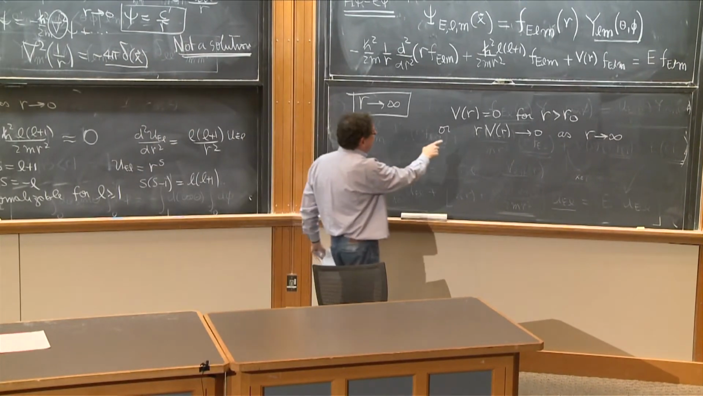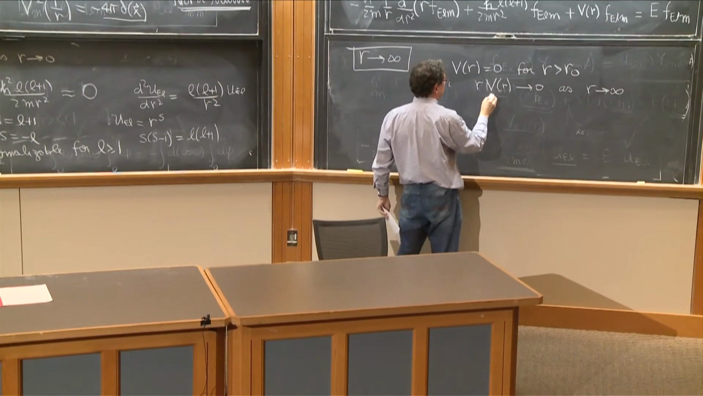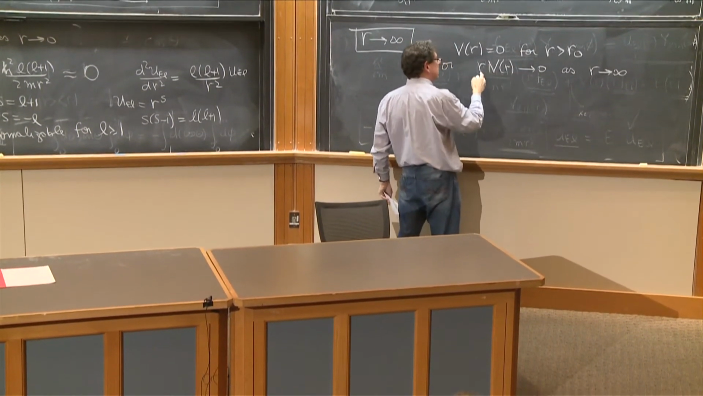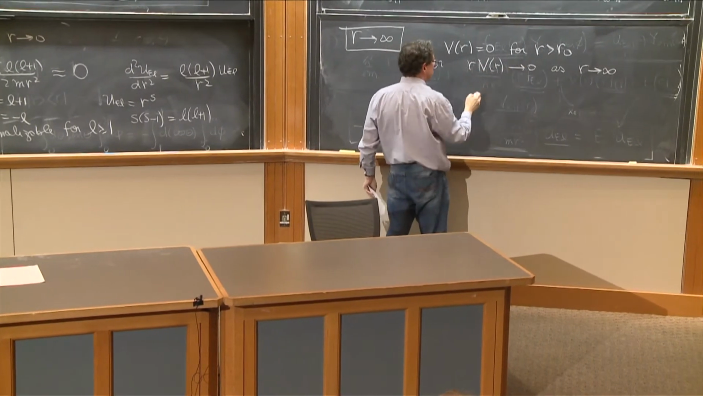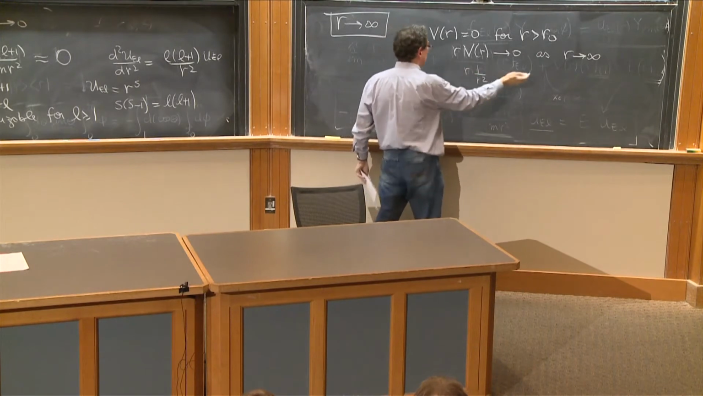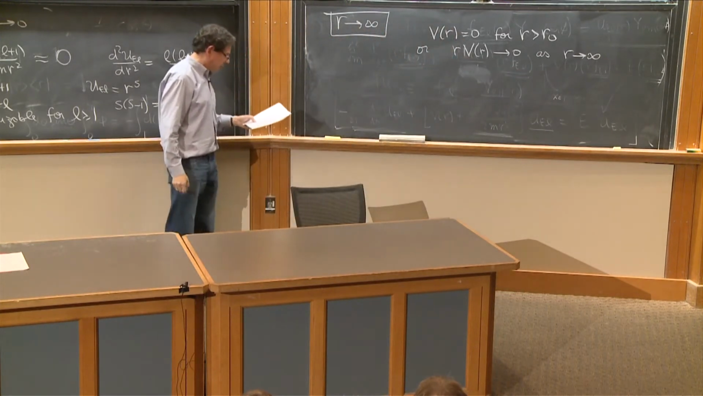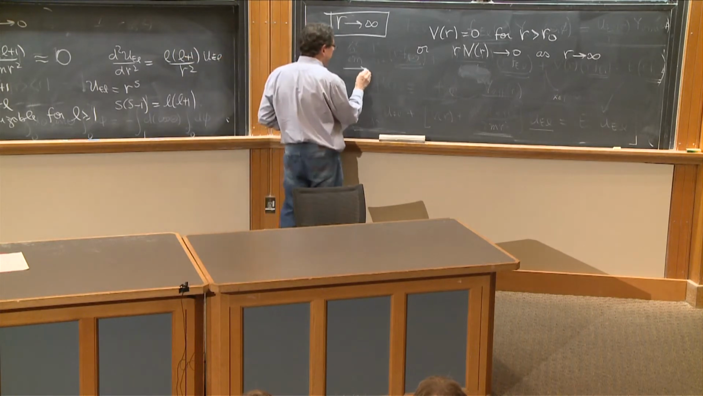Look, the centrifugal barrier satisfies this as well. So the full effective potential satisfies this. If v of r satisfies that, r times 1 over r squared of the effective potential also satisfies that. So we can ignore all the potential, and we're left ignoring v effective,